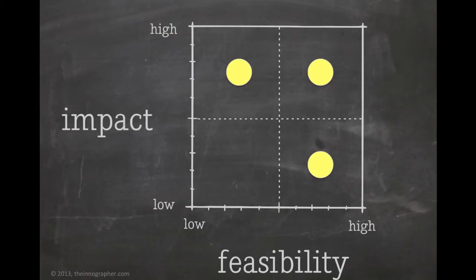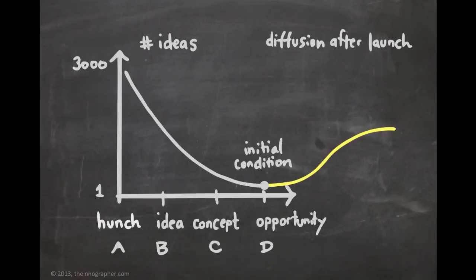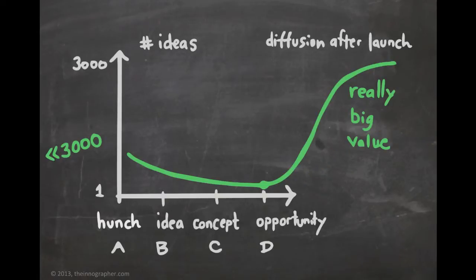And what we're looking for when we talk about deliberate design of really big ideas is to be in that top corner, right there. In fact, we want to be tucked right up in there, and I'm going to talk to you about a process for doing that here. I'm just going to show you how to do that in Mural. So that's what we're looking for, and again, that is the promise that I'm making. We want to go through much fewer than 3,000 ideas and have a really big value version of our